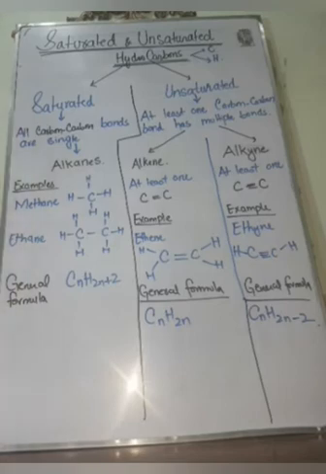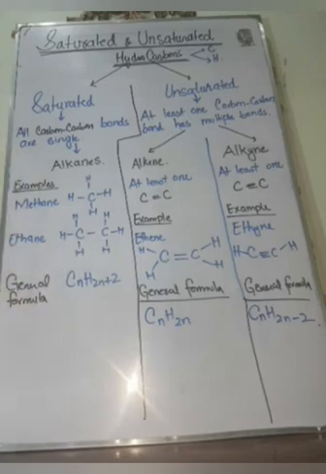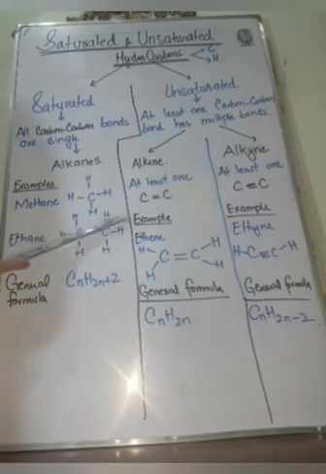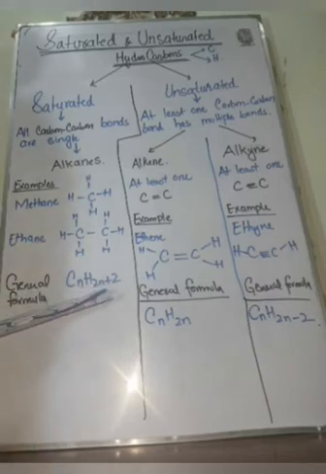Examples of alkanes include methane. In methane, only 1 carbon atom is present and 4 hydrogen atoms are attached to it. The second example of an alkane is ethane. In ethane, 2 carbon atoms are present, and you may see that between these 2 carbon atoms a single bond is present. Since a single bond is present, it is a saturated hydrocarbon, therefore it is considered an alkane. With each carbon atom, 3 hydrogen atoms are attached. The general formula for all the alkanes, or saturated hydrocarbons, is written as CnH2n+2.